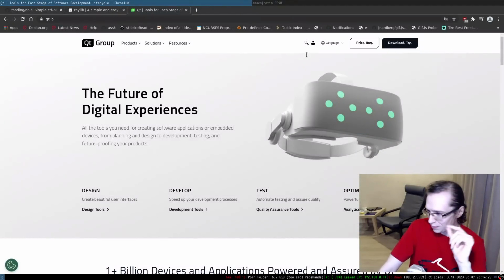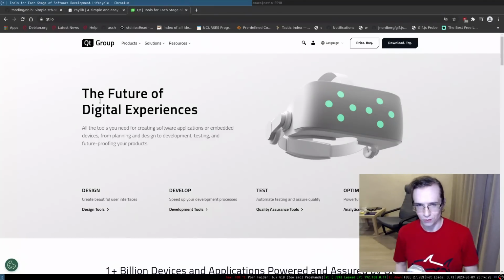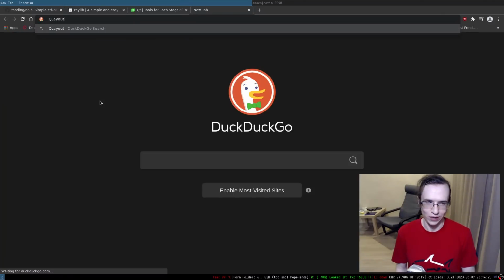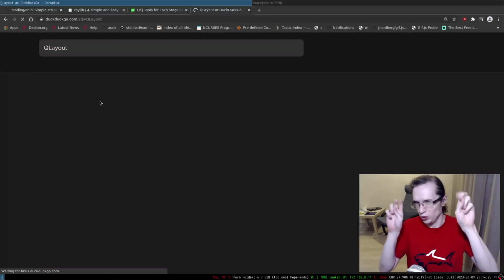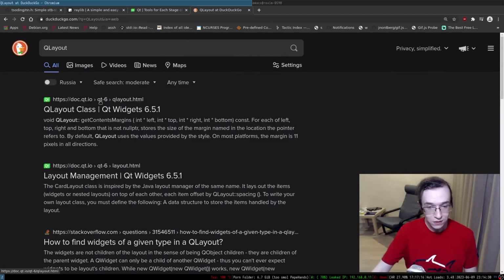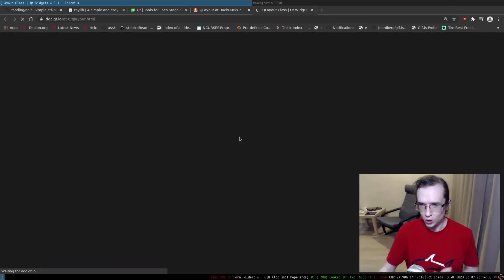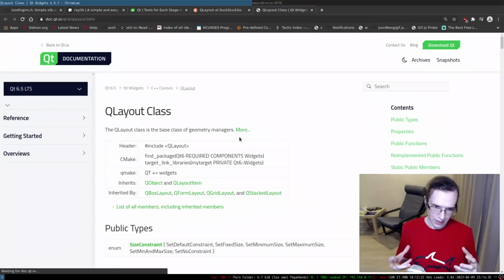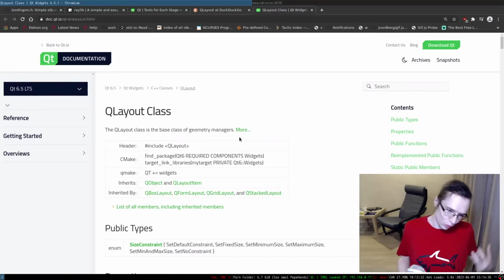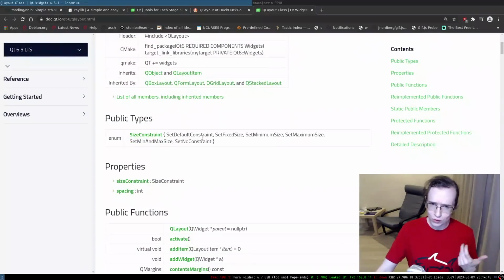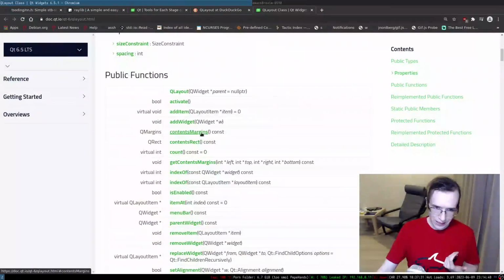Anyway, this particular library has a very interesting system based on QLayout. It's an object-oriented library, whatever that means. It has a class QLayout, which is basically a container into which you can add widgets, and it has two different kinds of layouts.